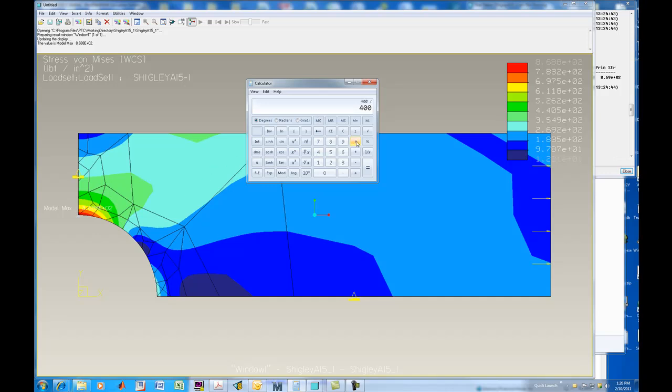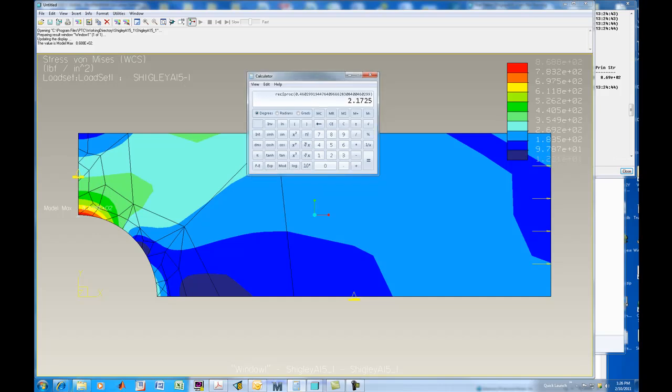We will divide by 869 equals, and take the reciprocal of that, and we get about a 2.17, and that is absolutely in the ballpark